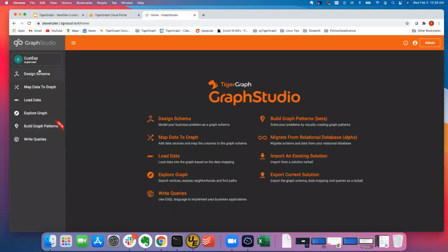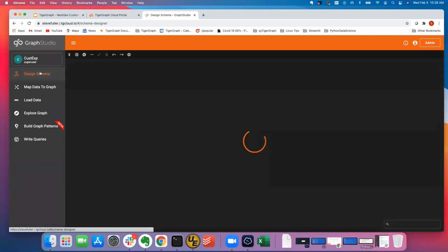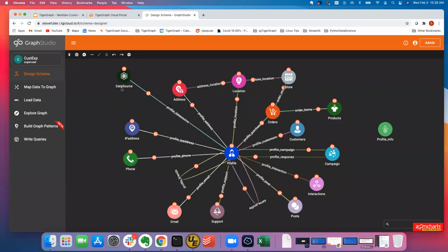So for this demo, the first thing I want to do is look at the graph schema that we're going to leverage for doing customer experience. To quickly describe this schema, we have,